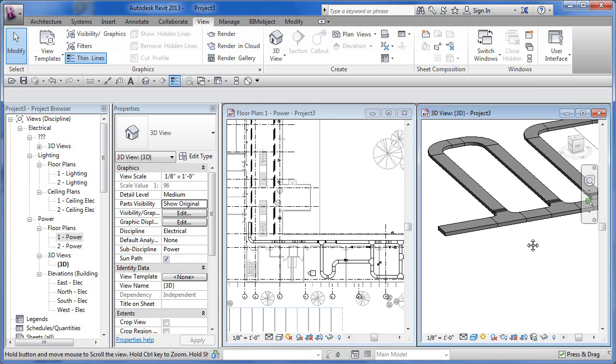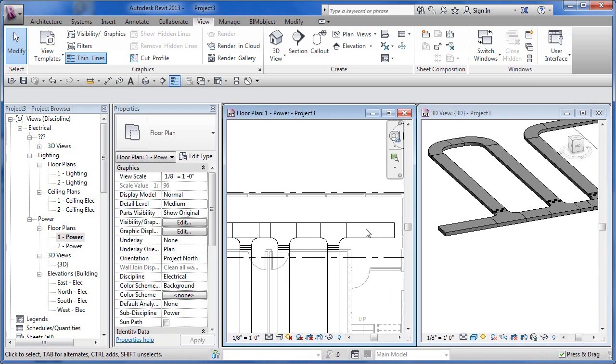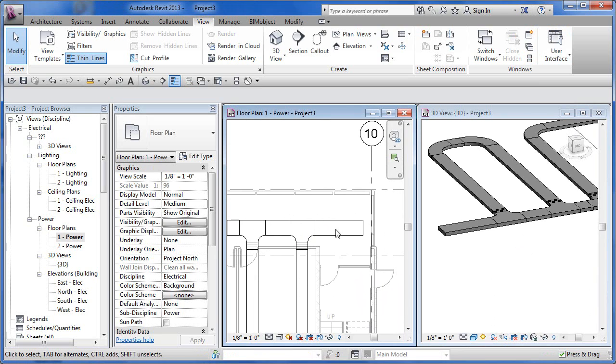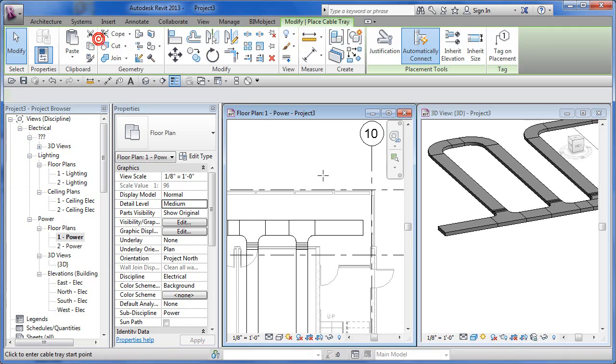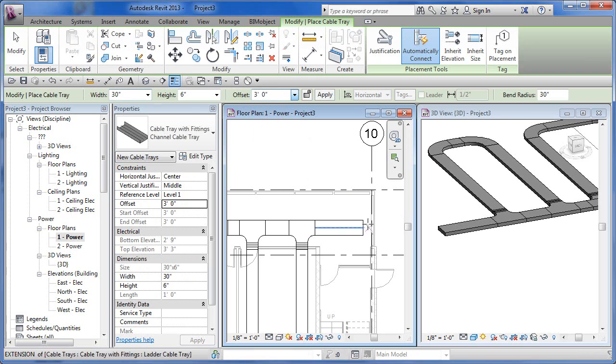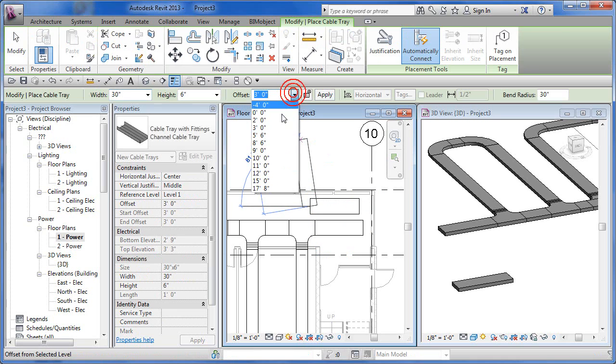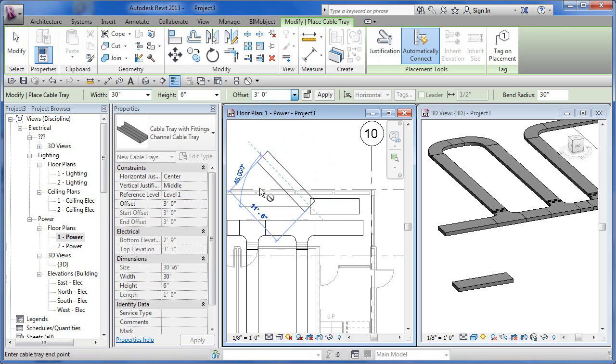So I've got my 3D view over here, and I've got a plan view over here, and this is the way we do vertical. If we're just changing it, transitioning with slope, it's easy. So if we go in here and say System, Cable Tray, and I can set an elevation. As I type in numbers, Revit's going to remember it. So I can say, at 3 feet, I'm going to pick in here, and I'm going to draw a piece of cable tray. 3 feet, click there. Okay. Then if I say, okay, change the offset to be 5'6", and then pick another point,